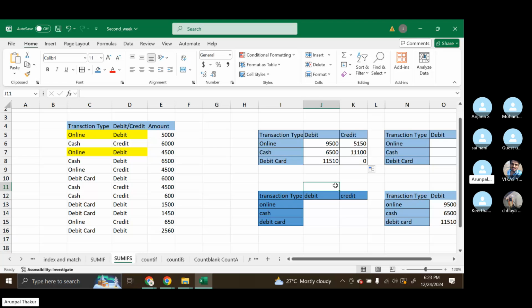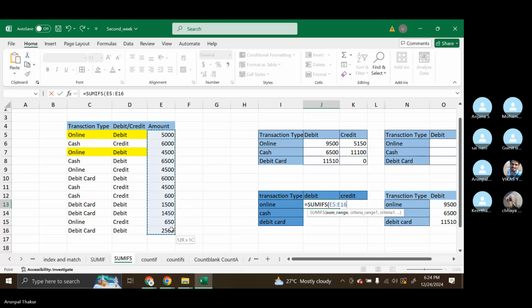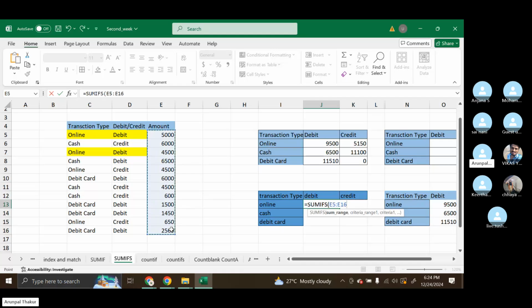Done. Do it once again. Equal to SUMIFS, tab, sum range, fix it, comma, criteria range, fix it, comma, criteria. This is my criteria, this is moving row wise, so row I am not fixing, I am fixing only column, comma, criteria range 2, fix it,